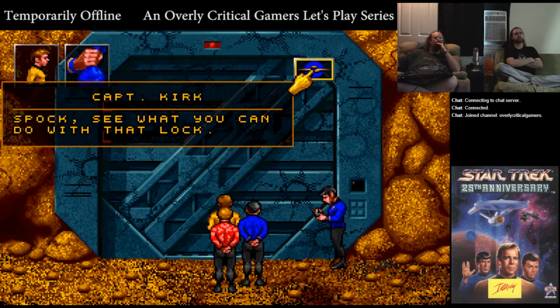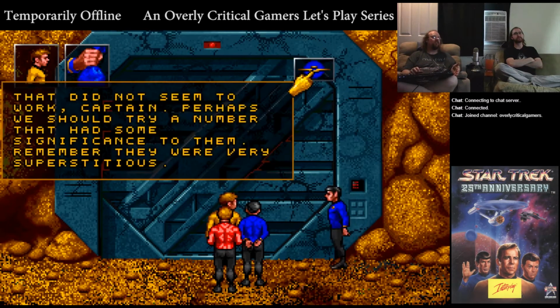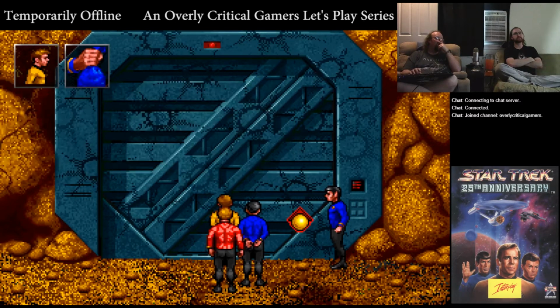Spock, see what you can do with that lock. Okay. Start typing in multiples of 3. Like, how is it not 99? That's the thing they told us. That did not seem to work, Captain. Perhaps we should try a number that had...